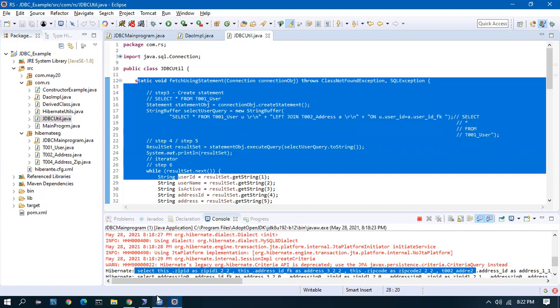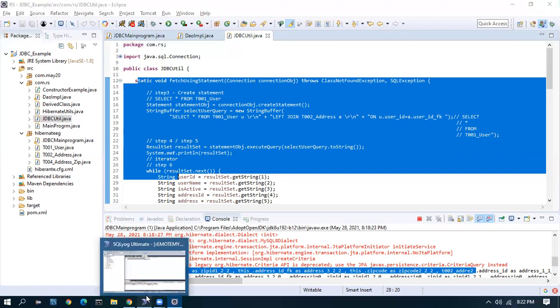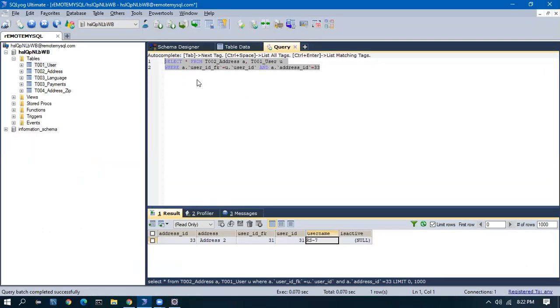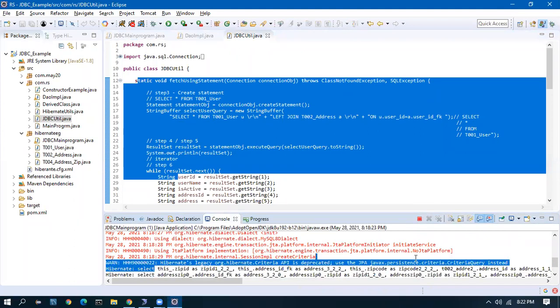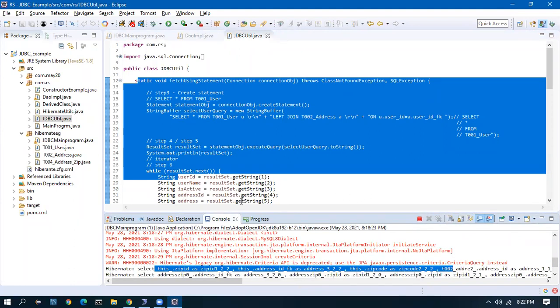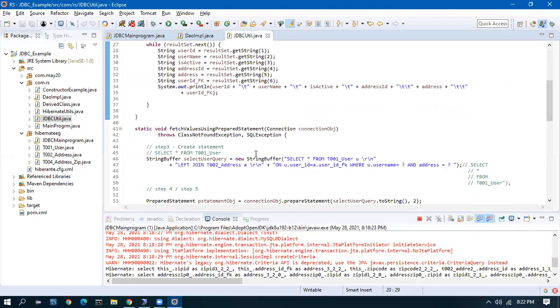Now with Hibernate, I am not writing this query. Nowhere am I writing a query. I need not even know how to write this query. Just for explaining to you, I'm writing this query. But as a Hibernate developer, I need not know the syntax, or what should come after select. But if I had to do the same logic in JDBC, I have to, because these are the queries we wrote when I was taking the JDBC class.